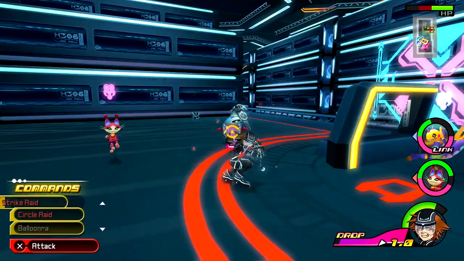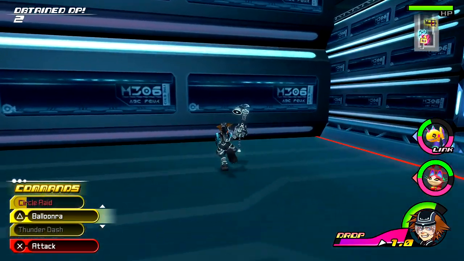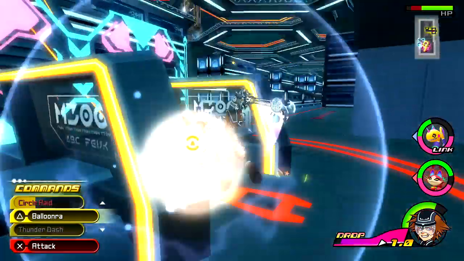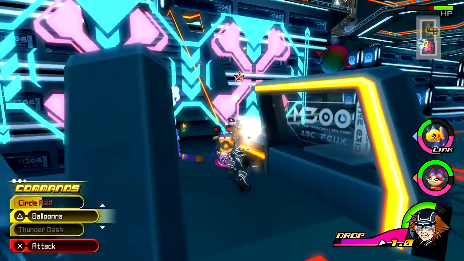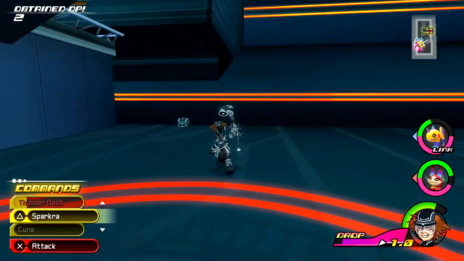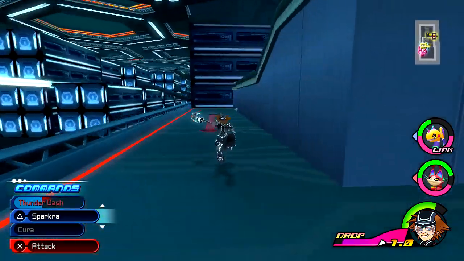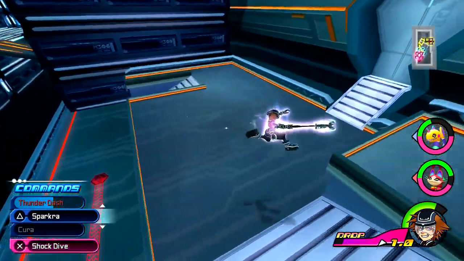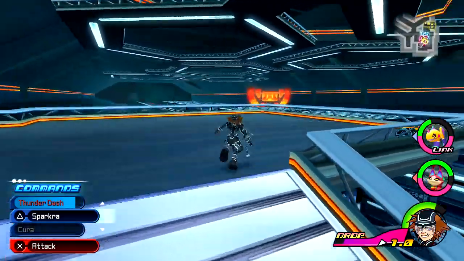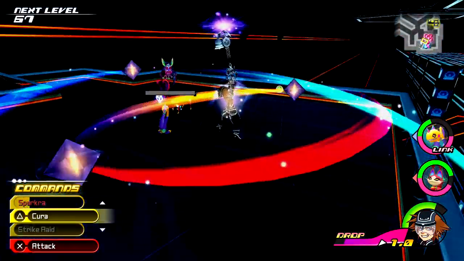There is another sort of small area, but it's effectively 3 small rooms with very little in them, so it's not much to have to worry about. But this area is pretty cool because you've got this stair structure here. You're climbing up, and then we're going to climb up to the top tier, which is a whole bunch of hexagons